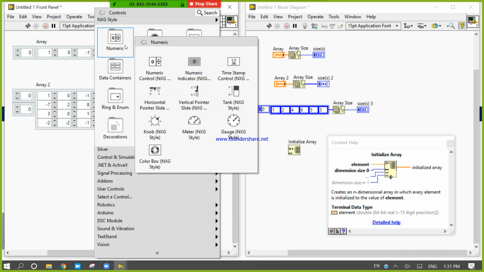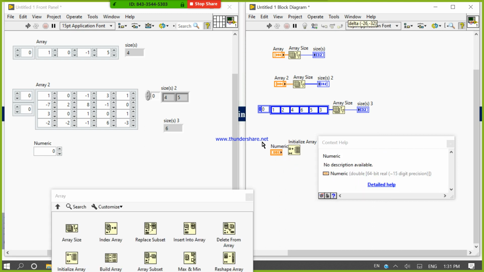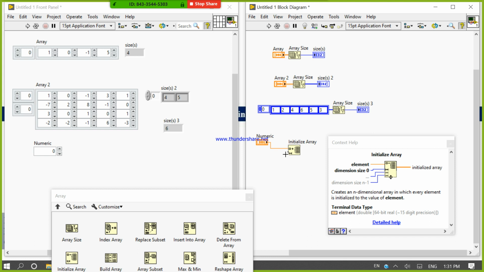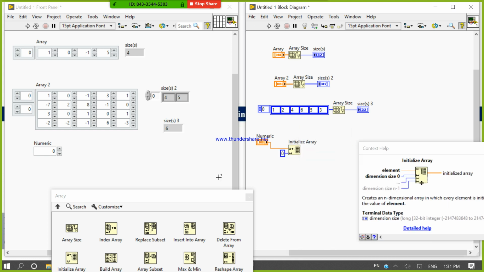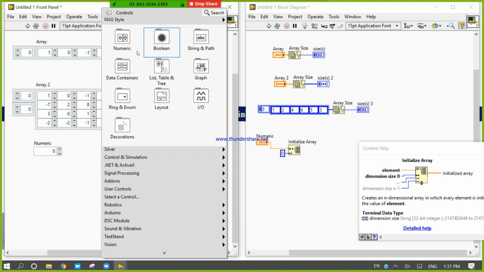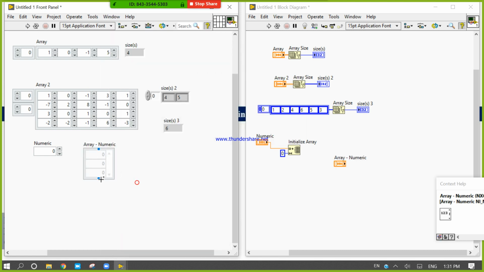For that, take a numeric control. It will take the element from this terminal and the dimension from this terminal, and it will create a numeric array for us.